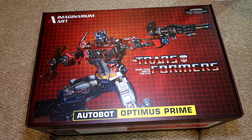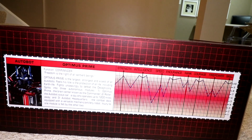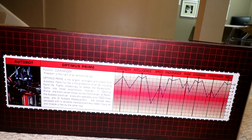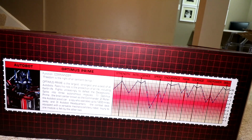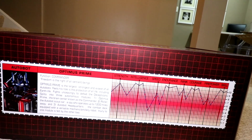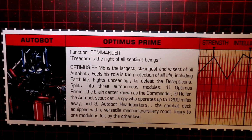And then shockingly, a choking small parts hazard. I mean, this thing is massive. I can't believe there's something in there you could actually put in your mouth and choke on. And then on the side, they give him the tech spec. Not sure if this would sync up exactly with the G1 toy tech spec. He basically tops out at 10 on everything except firepower and speed, which are 8s, which rings a bell. And here's the write-up. So I'll give you a second here if you want to pause and read that,